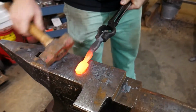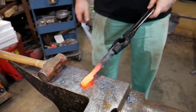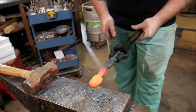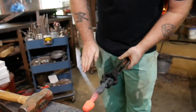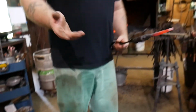So this is very much the tricky part. Because what I have to do is find where the end of the thumb is going to be and use that to make that depression between the thumb and the rest of the fingers. And getting that proportion right is very difficult because then the fingers are going to get a little bit longer. So what I like to do at this point